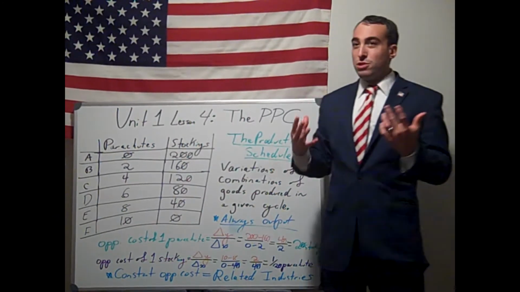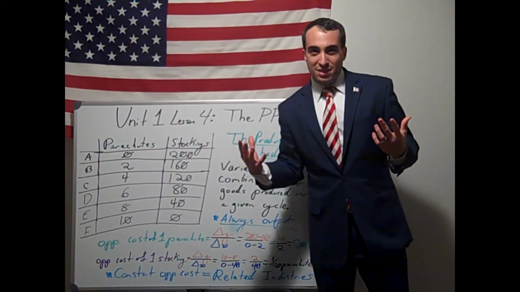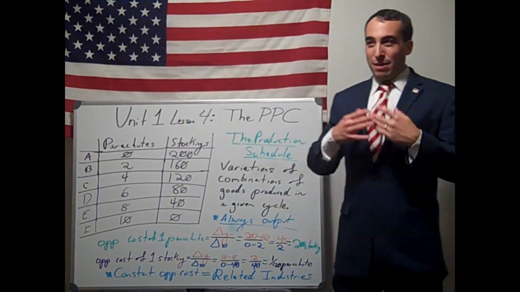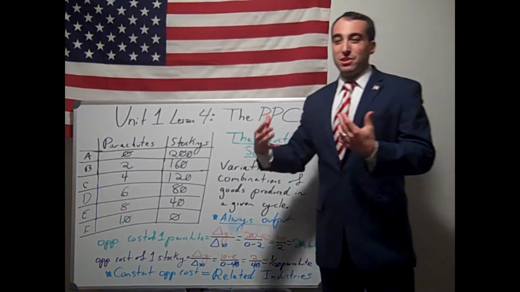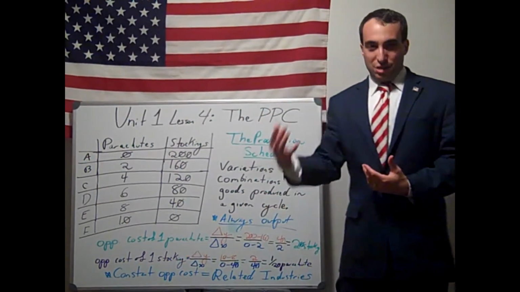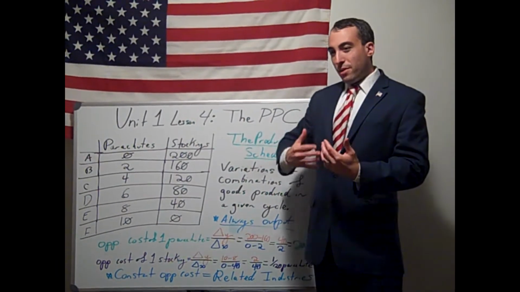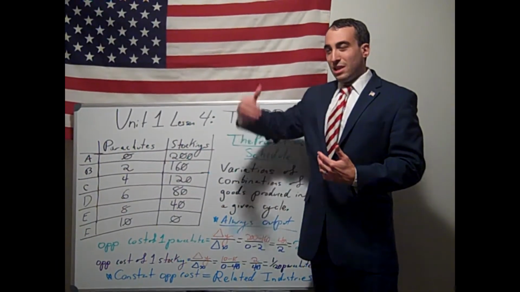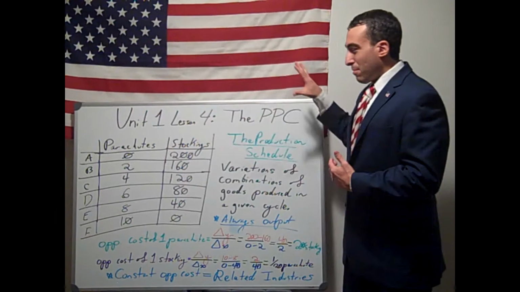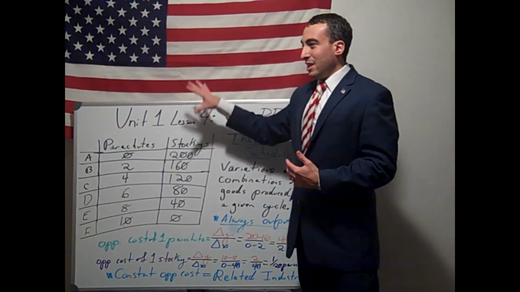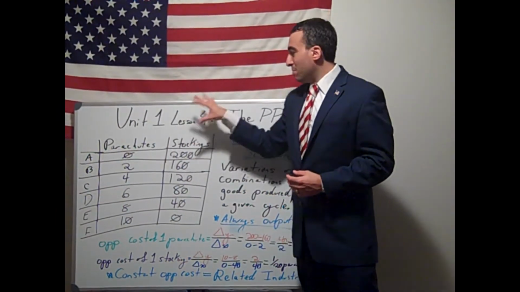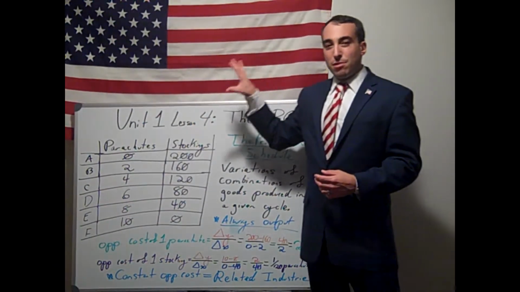Whereas, like blue jeans and fire engines, that would be an increasing opportunity cost. The two are not related to each other, so as you trade off, the opportunity cost would increase. Now what we're going to do with this chart is take a look at our production possibilities curve, which is our graph that